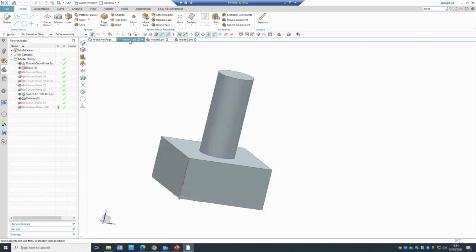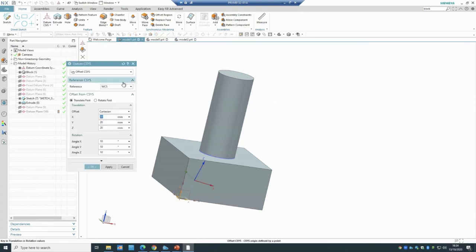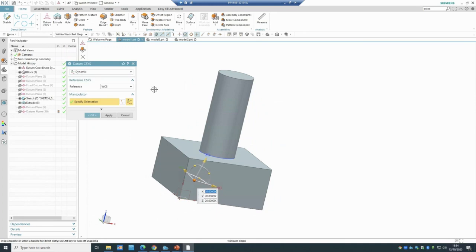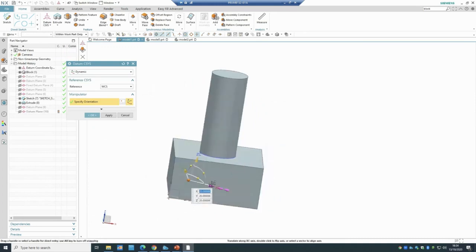systems. So let's go back to the design that I have here, and now go to the datum. Let's use the dynamic one. In the dynamic, I would be able to move this whenever I want. If you see, whenever I move it, the X, Y, and Z move. I can move the X, the Z direction, the Y direction, or even put the numbers in here. So let's say 0, 0, 0. What you see is it goes exactly to the corner, which is basically the absolute I have,